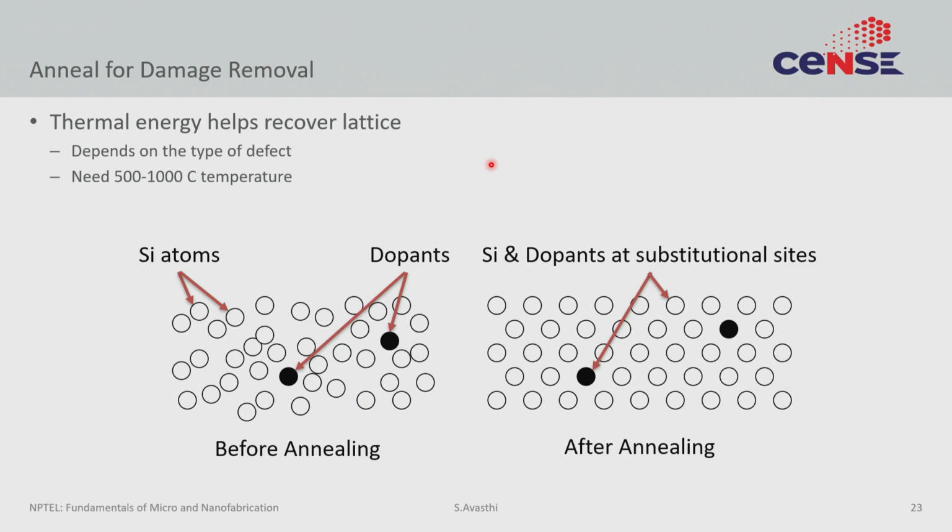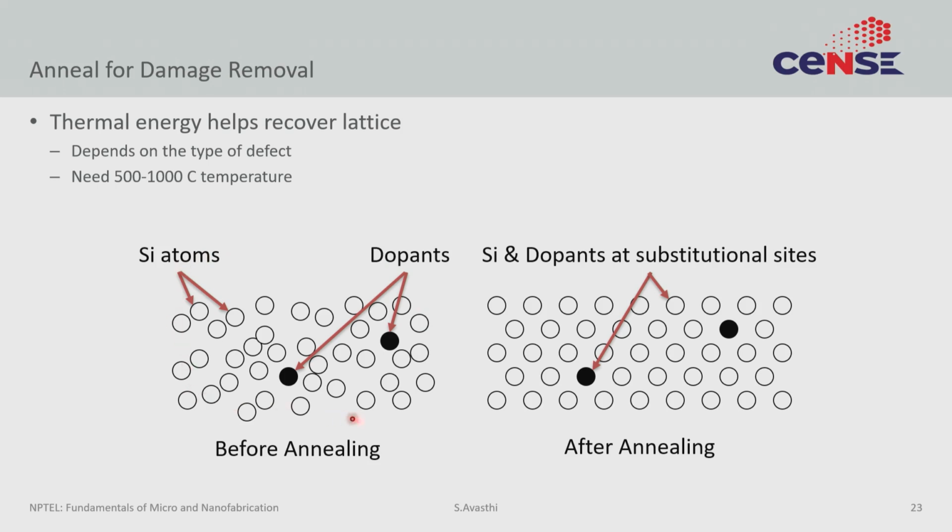Now, what can we do about it? Thankfully, this is not a hopeless situation, right. So, this is a damaged silicon lattice, and in this damaged silicon lattice every now and then you have a dopant. Now, neither the silicon nor the dopant are actually in their lowest energy state, they are sort of somewhere random. The lattice has been destroyed, so they are not necessarily in a lattice position, but this is a high energy state.